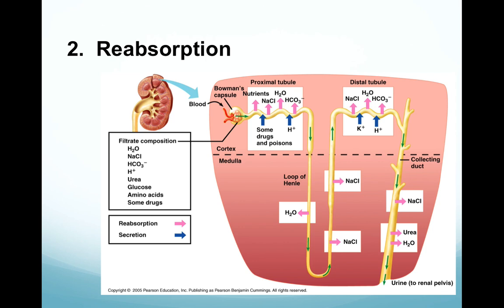Sodium ions are actively pumped through this process back into the capillary network. Chloride ions tend to follow sodium, and so sodium and chloride basically make salt. So once the salt has gotten back into the capillary bed, a lot of the water will also follow that through osmosis. About 60 to 70% of salt and water are reabsorbed at that first part of the tubule system. Nutrients like glucose and amino acids will also return to the blood at the same location, at the